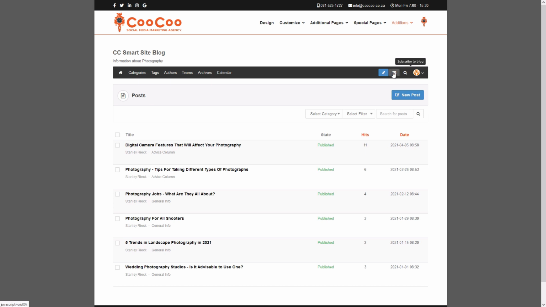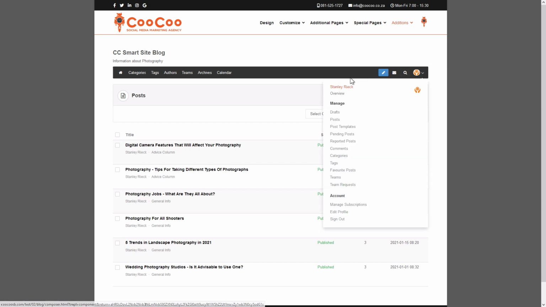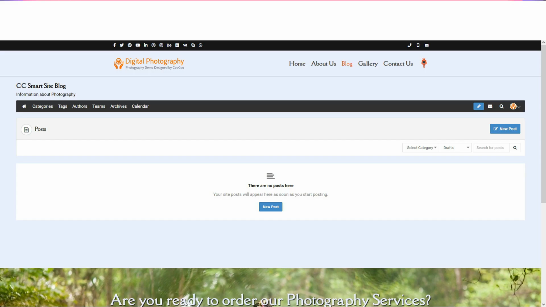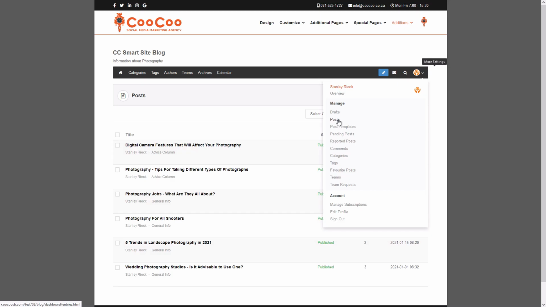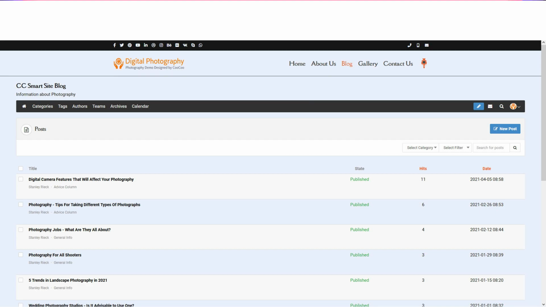The next menu link is Subscribe. You can click on Subscribe to be notified of new blog posts, etc. Next up is Search, and once you have clicked on Search, a text field is displayed, and you can add text to search. The final tab that we have is the management of your blog and profile, and the overview of your entire blog. In this section, you make changes to the various items listed. On the draft page, you will see a list of any posts that you have set up, but are not published. Then we've got Posts, which are your published posts.